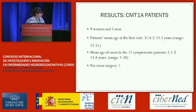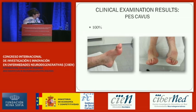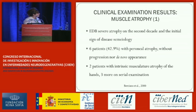Only one patient had undergone Pes cavus surgery several years before. At baseline, all patients show pes cavus, and EDB atrophy was an invariable feature in all 14 patients, except for 2 adolescents. After 2 years of follow-up, the atrophy of this muscle was present in all patients, confirming that, on the one hand, EDB severe atrophy doesn't occur until the second decade of life, and that together with pes cavus, they are the initial signs of disease